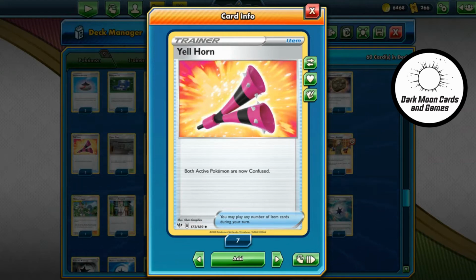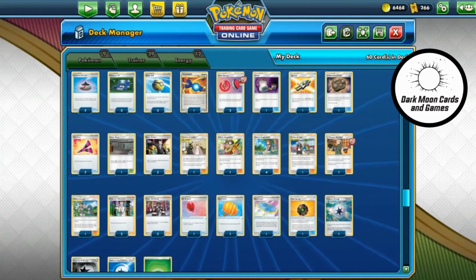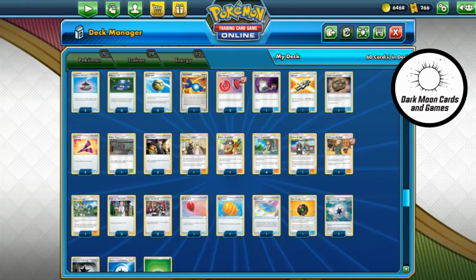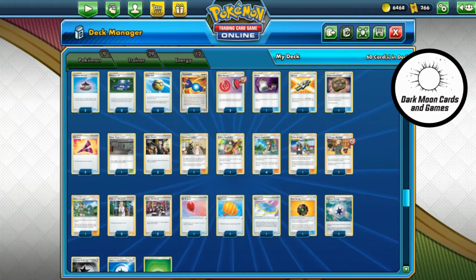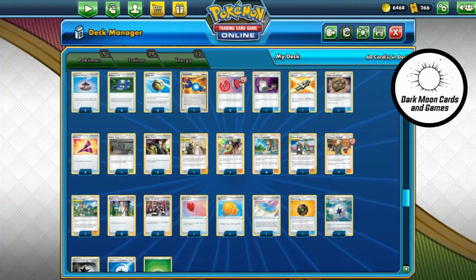I think it's an underrated card. It's got 2 of those in there. I've got Power Plant in here, just 1 of those. That's just at this point basically to stop the Denny. I don't think it really affects anything else relevant in the game at the moment. 2 Bosses Orders, just sometimes grabbing something up and then just slowly killing it, which this deck will do, is